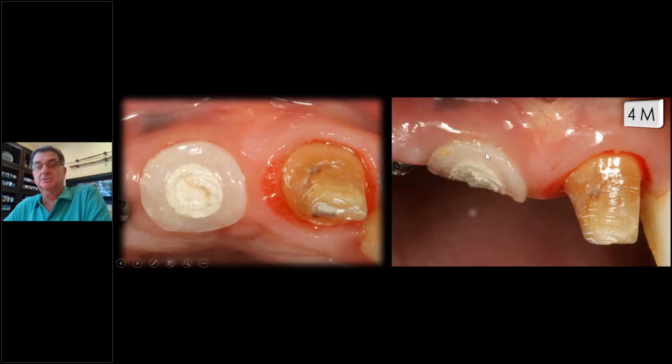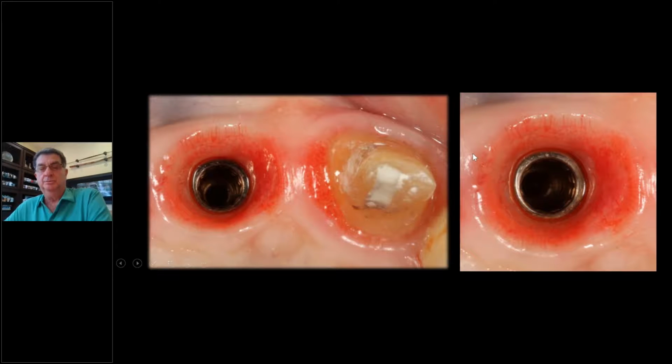Of course, we get a little recession because the tissue was so inflamed to begin with. It was not perfectly healthy from the old bridge that the patient came in with. So you see now we held the tissue out. And look at that beautiful tissue. Now this is even without the temporary on it. There's just the bottom half of the temporary. The custom healing abutment should be what you do because now you're ready to make an impression, aren't you?